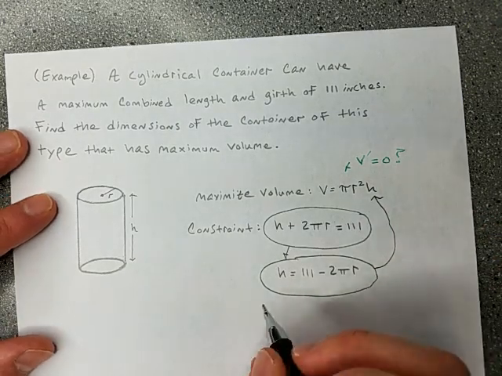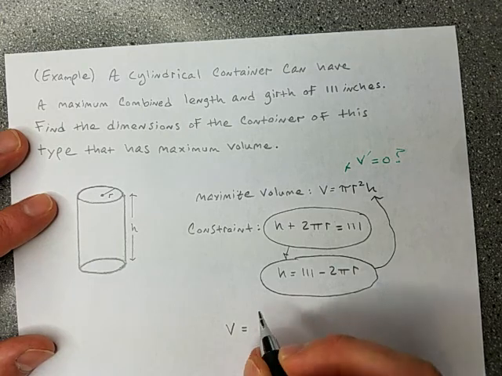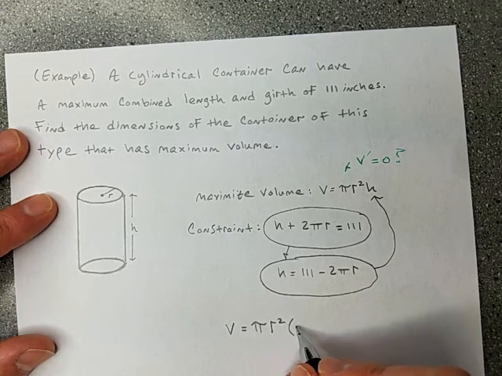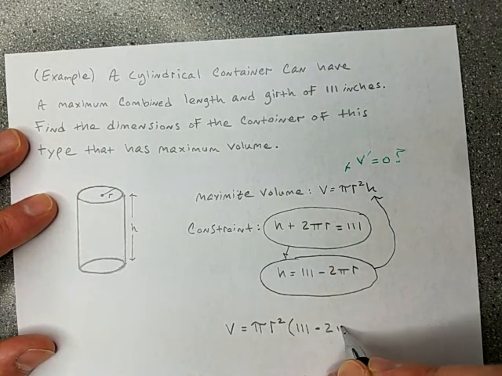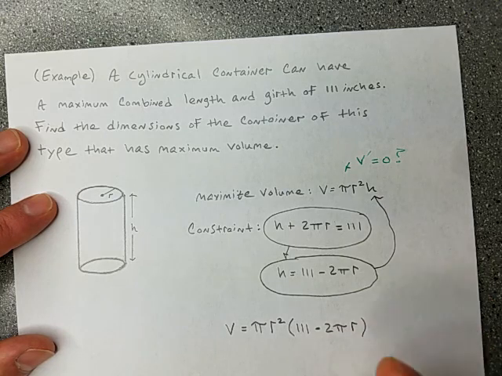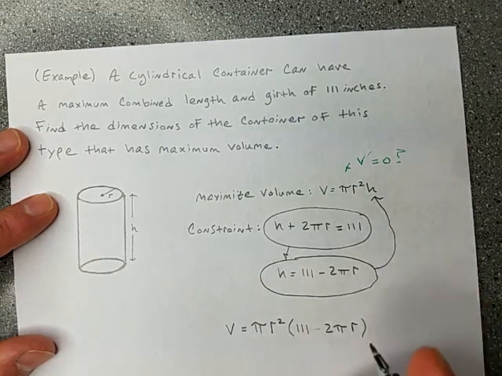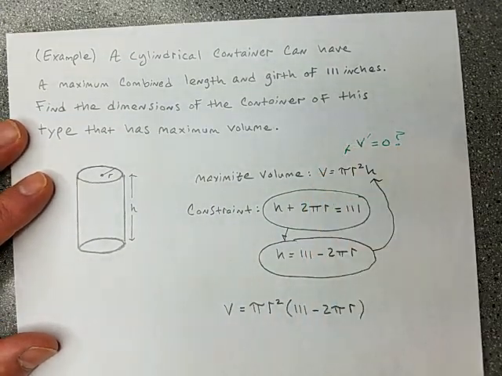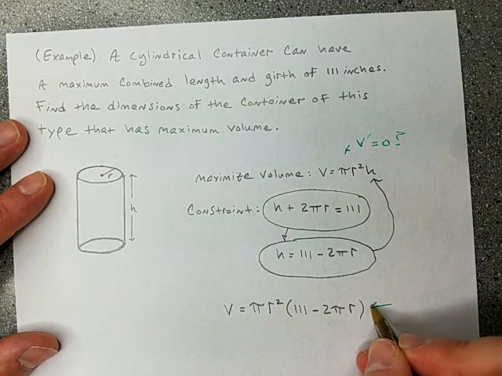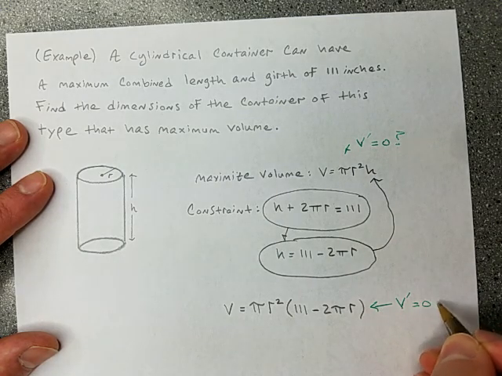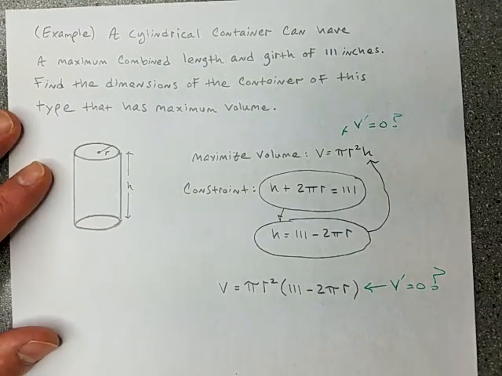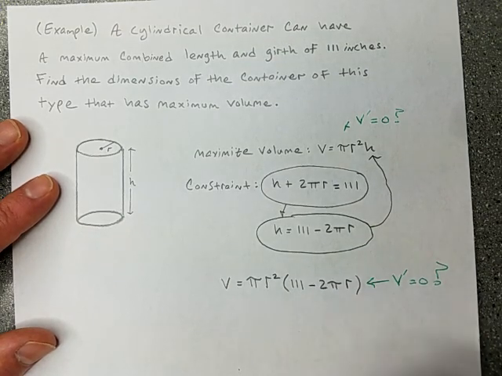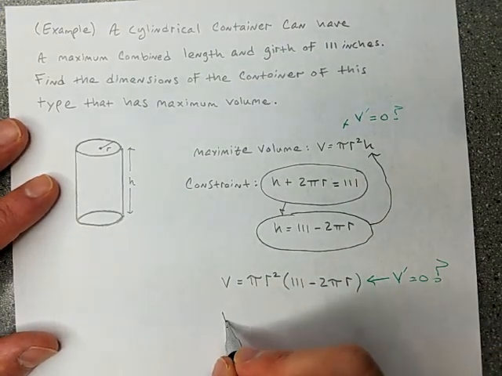So let's see. If I do that, here's what I'll get. V equals pi r squared h. h is 111 minus 2 pi r. Okay, there we go. Now, from this, I need to work on the derivative. I got to find the derivative and set it equal to 0. But in this case, I should probably multiply together first in order to do that. I should distribute this along that parentheses. So V is equal to